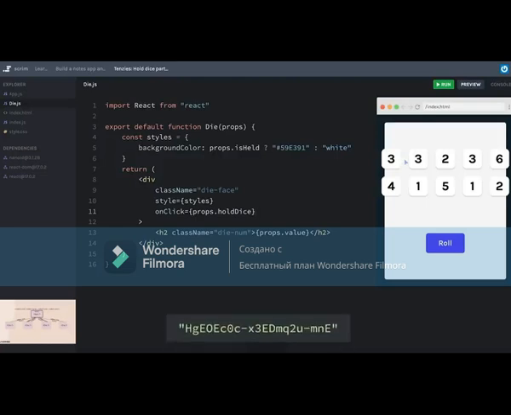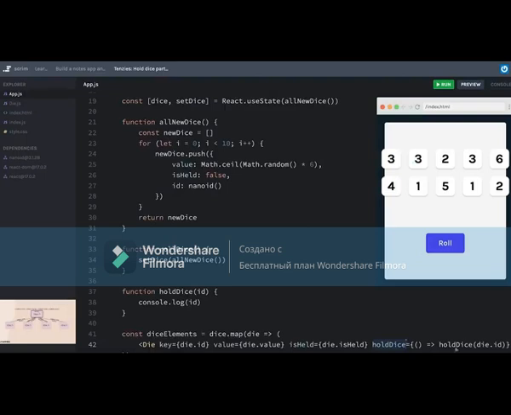I click the first one and I get this ID that starts with HG. This one starts with AYZ, YJB. Awesome. Specifically, I'm checking to make sure that these were all different from each other. If they were all the same, then something would have happened incorrectly as I was passing in the ID. But they're all different, which means each one of these has their own function that can identify which die was